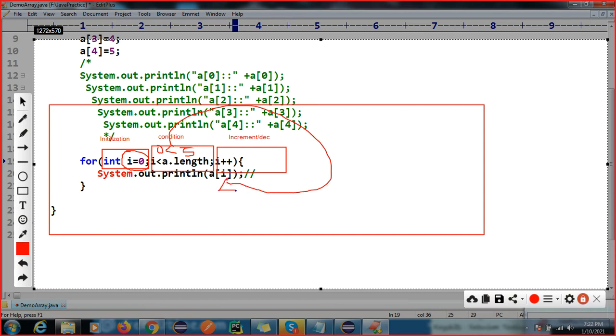It will print a of 0. What is the value of a of 0? 1. Then control goes back, because until this condition becomes false, each iteration will happen. In the second iteration, it goes to the increment part and increments the i value. i plus plus means it increments by 1, so now i becomes 1.